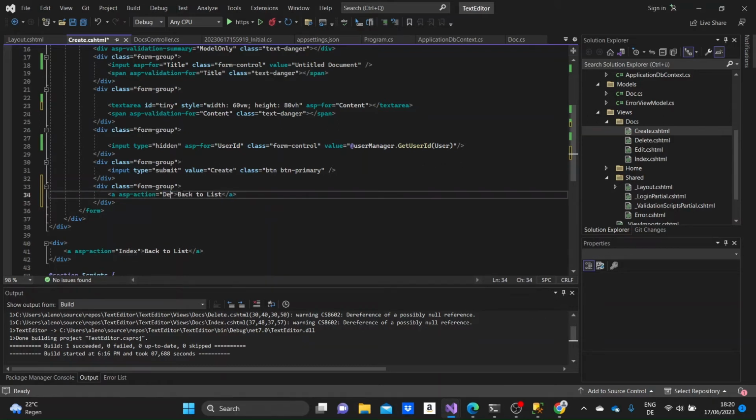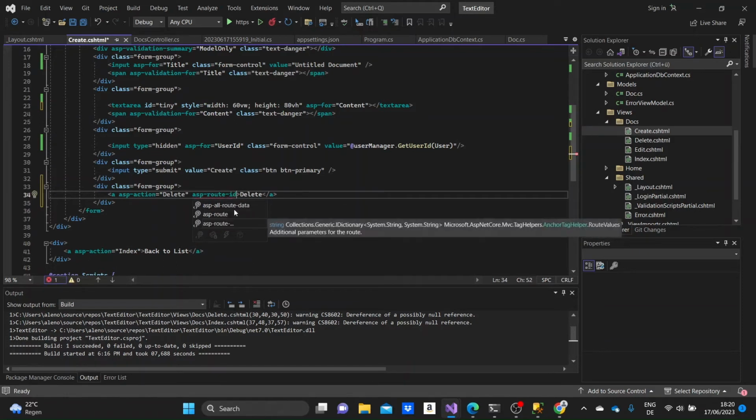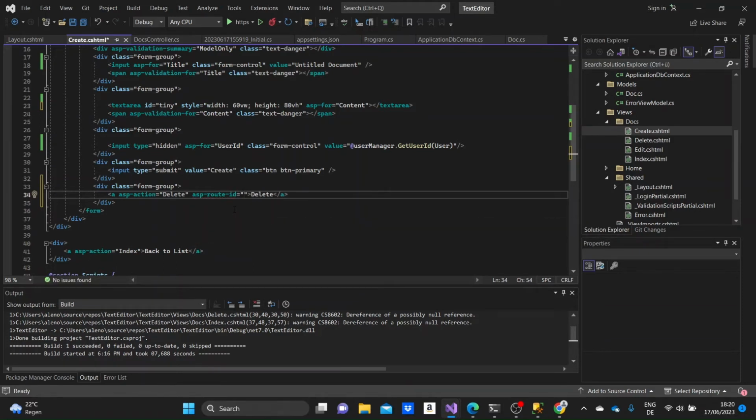You just need to specify the action to be delete, the text here to be delete or something. And we need to specify the ASP route ID for the ID of the model that we want to delete,